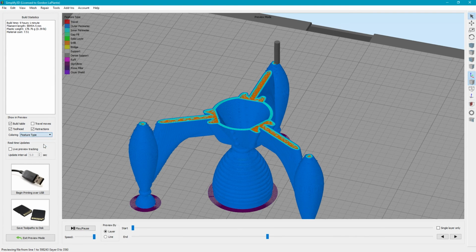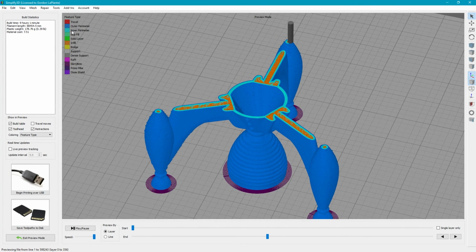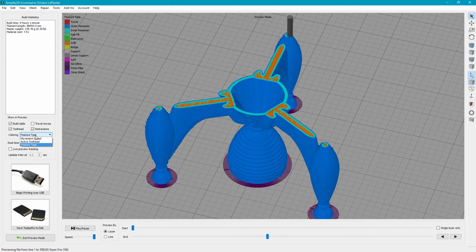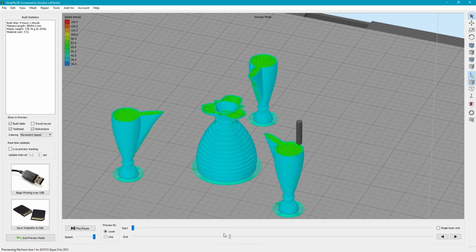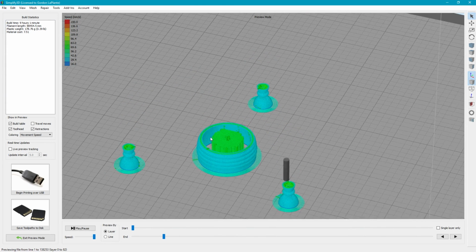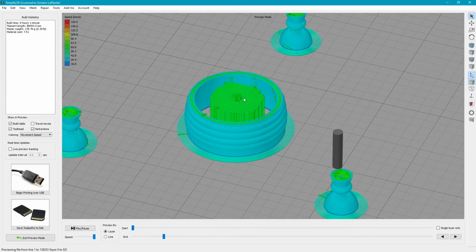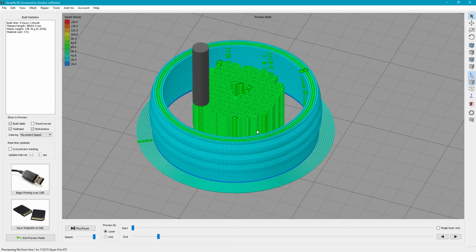And then feature type. This is useful too because it shows you what's an outer perimeter, what's an inner perimeter, what's infill, skirt, brim, all that stuff. So it depends on what you're looking for. I like movement speed just because it helps me visualize how fast this is going to print. But if you keep going down, here you'll see, here's that support I was talking about. So this is a support scaffolding, I guess you can say. Here, this is all the scaffolding. And then as you go further up,